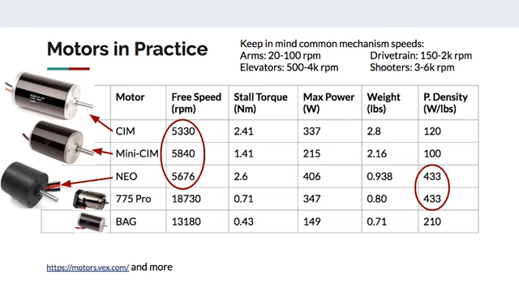Drivetrains go even slower, so maybe 200 RPM, and then arms are even slower than that. 100 RPM means that your arm's completing more than a full circle a second, so let's call it maybe even lower than that, maybe 20 RPM or less. So all of these numbers, except for shooters, are way lower than all of the free speeds in the table here. So then the logical question that might come out of that is,